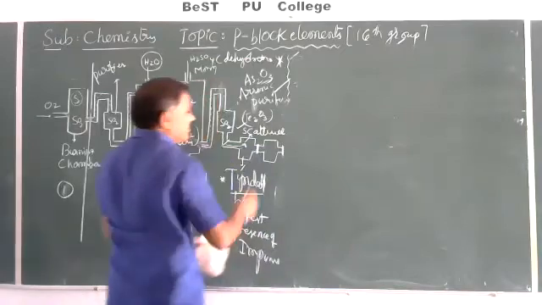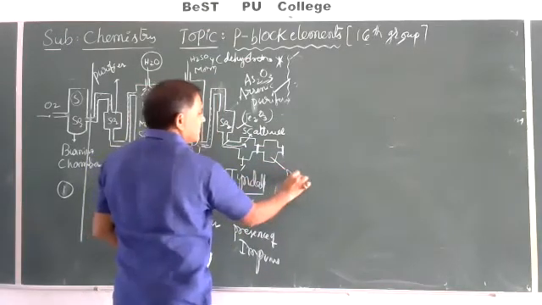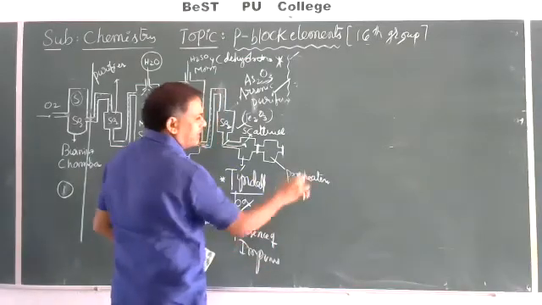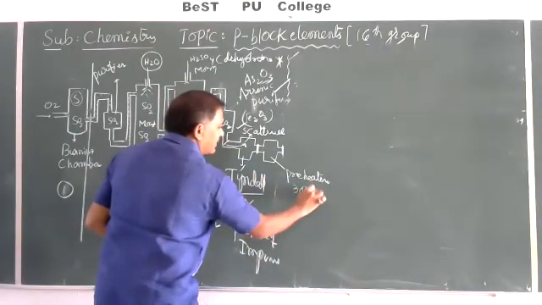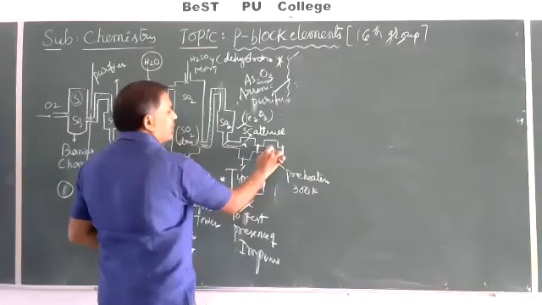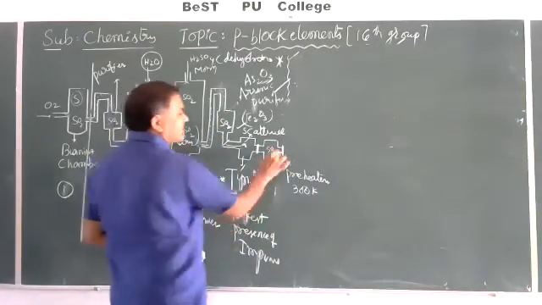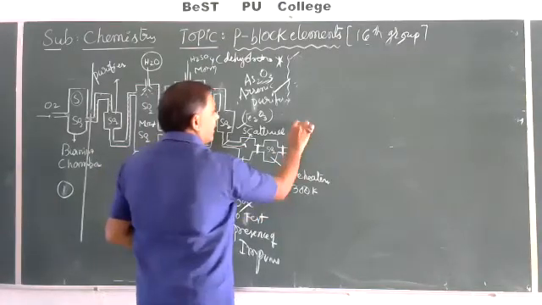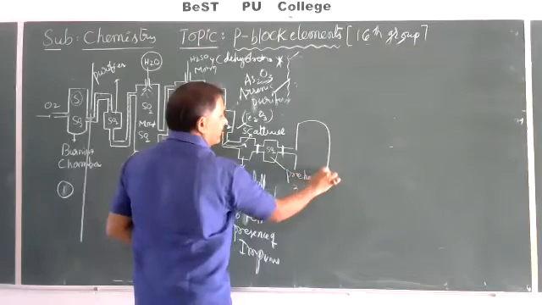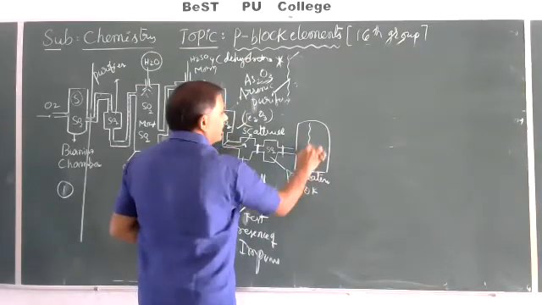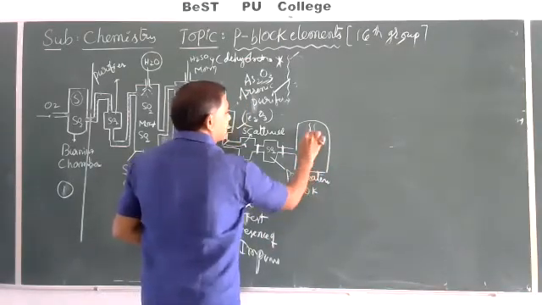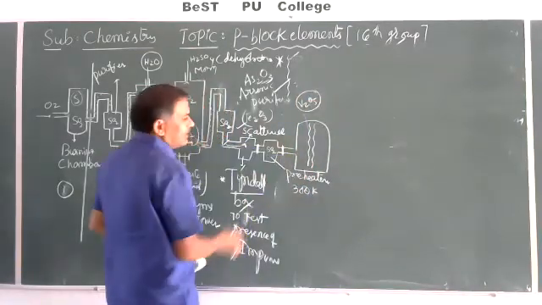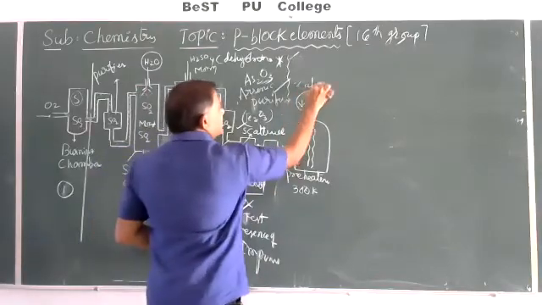This is the pre-heater. Here the temperature required is around 720 K, heated. We'll get pure and dry sulfur dioxide gas. This is passed through one important chamber, that is called a catalytic tower. Here it contains vanadium pentoxide, V2O5. Now this is called a catalytic tower.